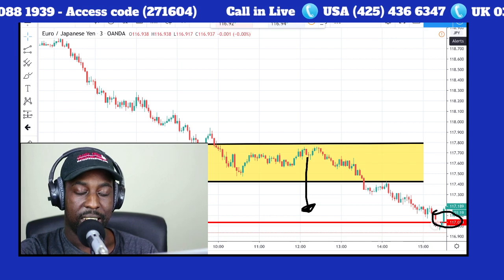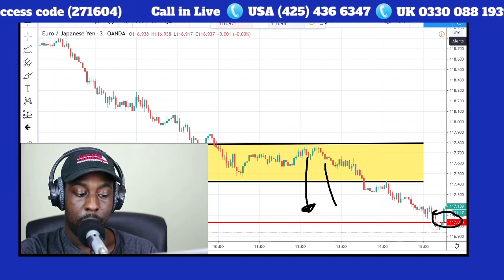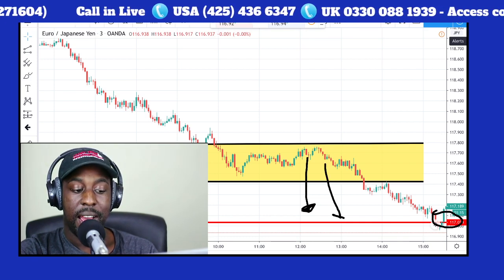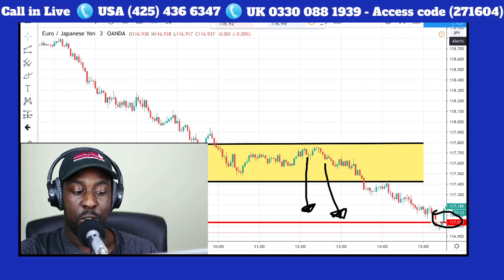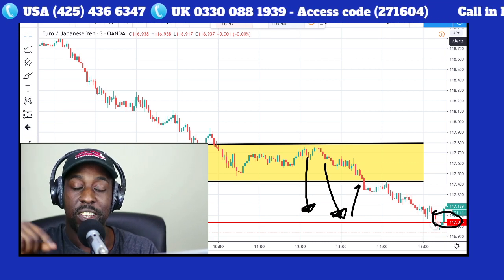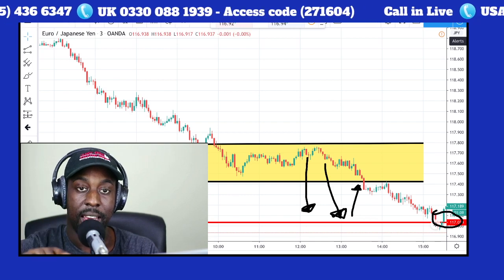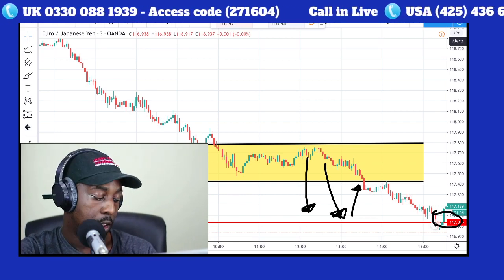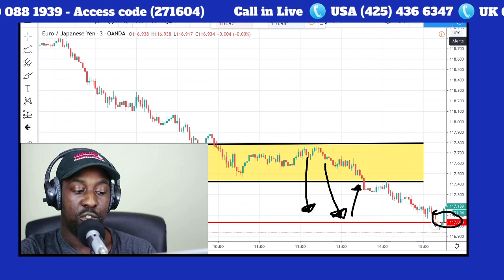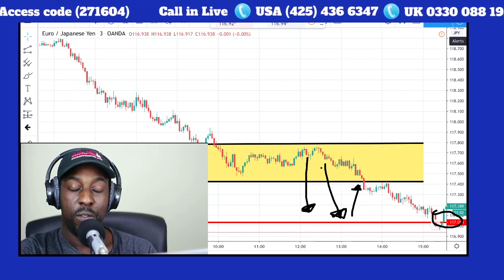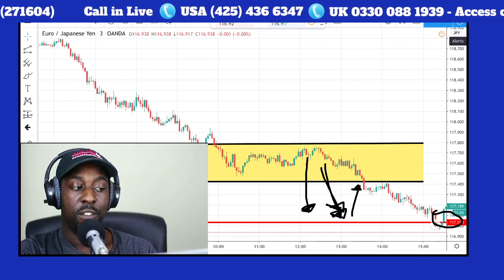Price is likely to get here, but this is an area where price may decide to bounce from, because last time it was here, it hit there and pretty much bounced off. So this is where we'd be trading to. We'd be trading to these lower levels with this in mind, regardless. So if we traded from the top,